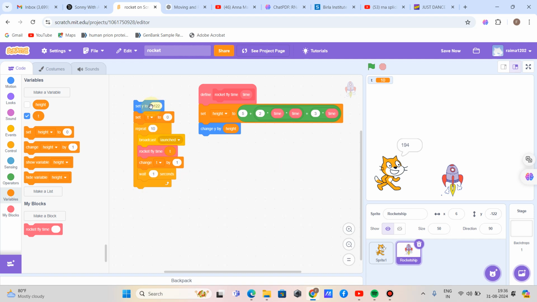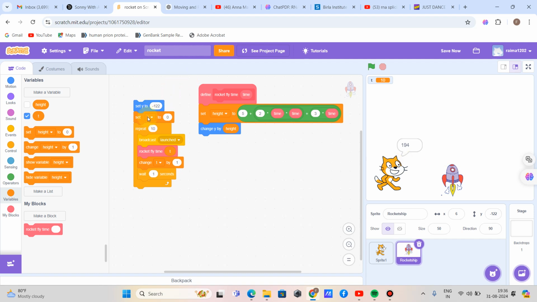So how do I make use of this function block? I set y to the y at minus 122 position, which is right now on the ground of our output screen.